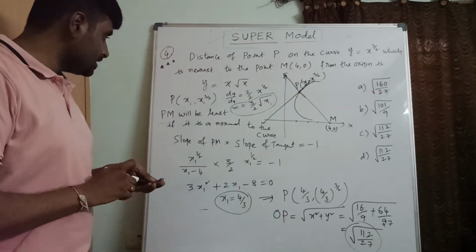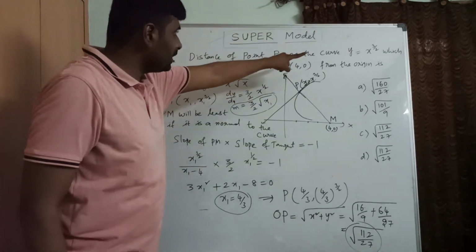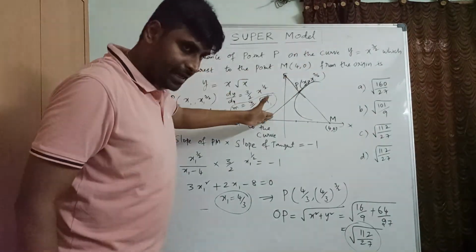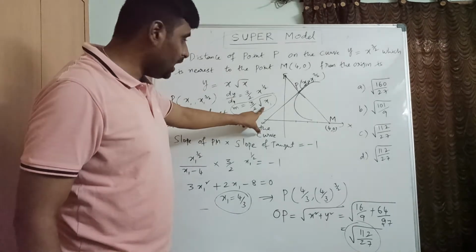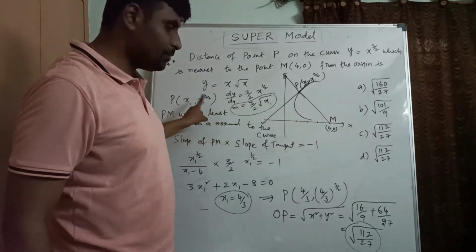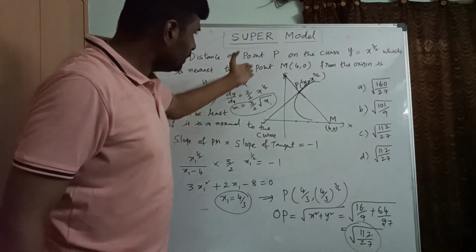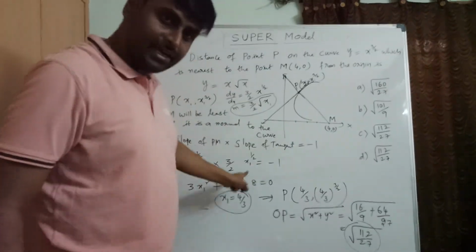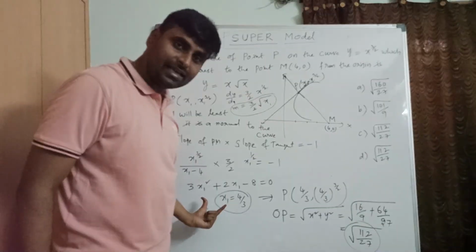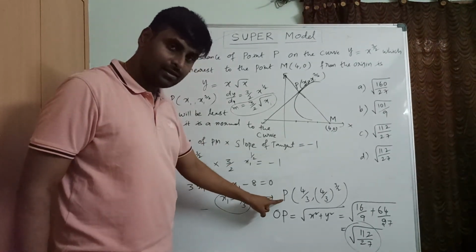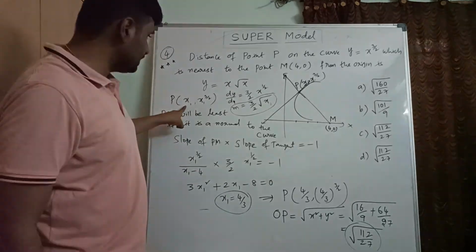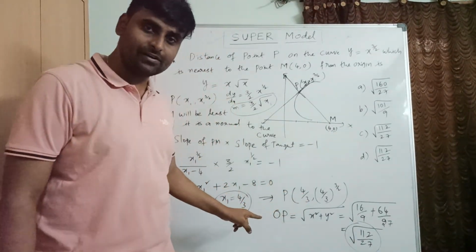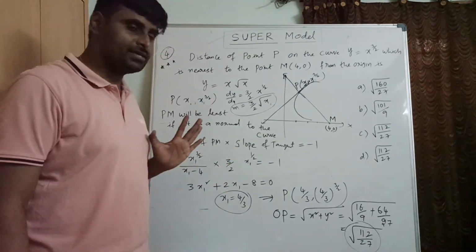So it's very easy to understand. First of all, given the curve, if you differentiate, we'll get the slope of tangent. This is the slope of tangent after substituting the point. After that, what is the slope of normal? PM slope. Just multiply, equate to minus 1, we'll get one relation in x1, and we'll get x1. By using the x1 value, we can make this point original. After that, the distance of this point from the origin we can find. Clear? So it's very easy, right?